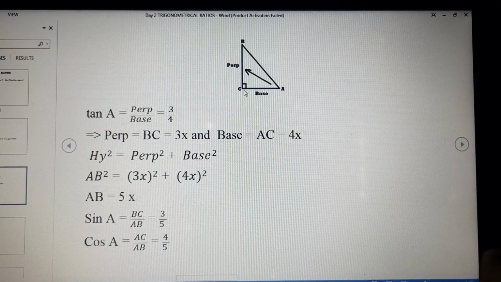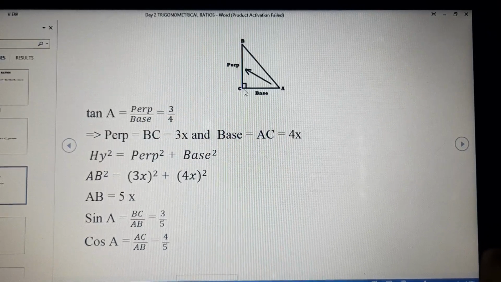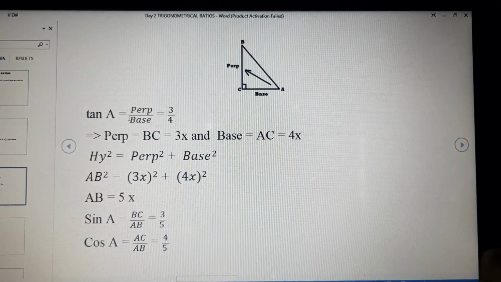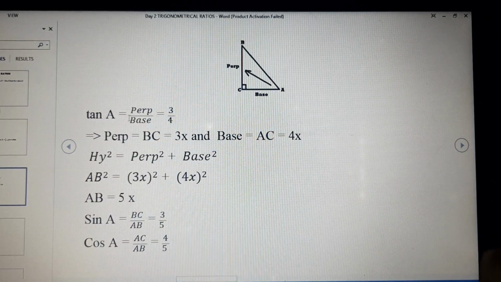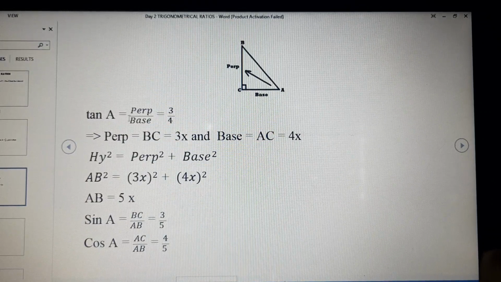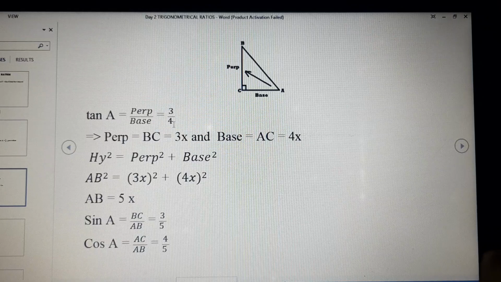They will interchange. Fine. So here it is given that tan A, with the definition, is perpendicular upon base,